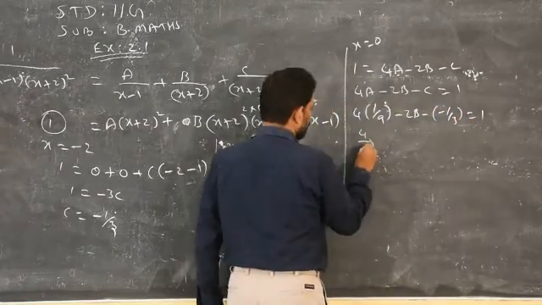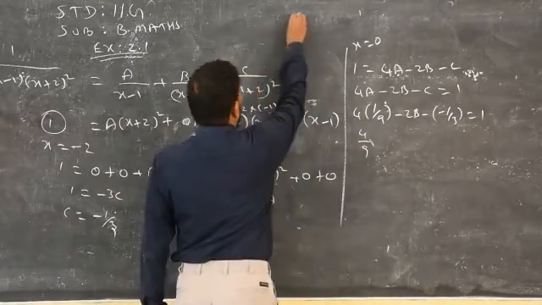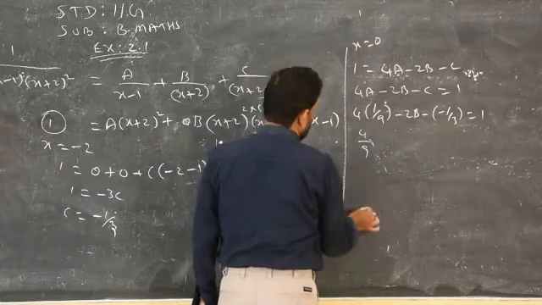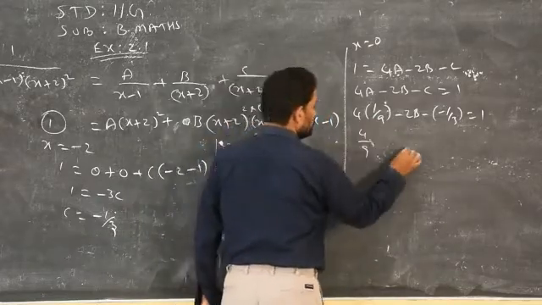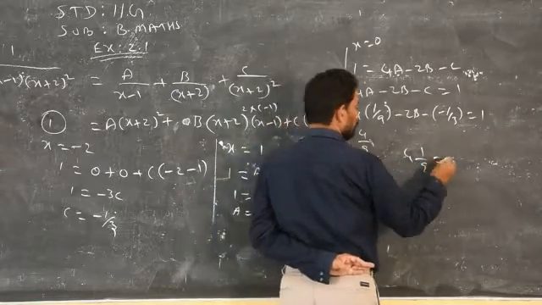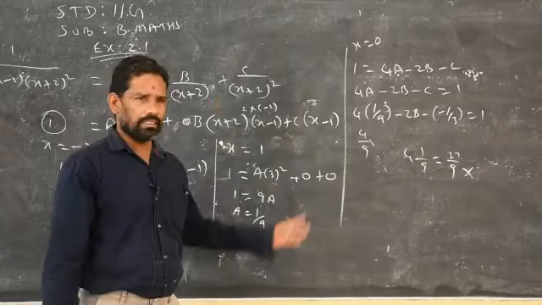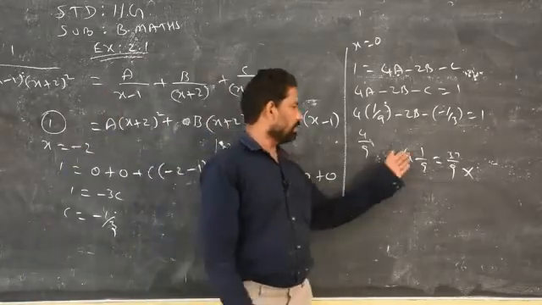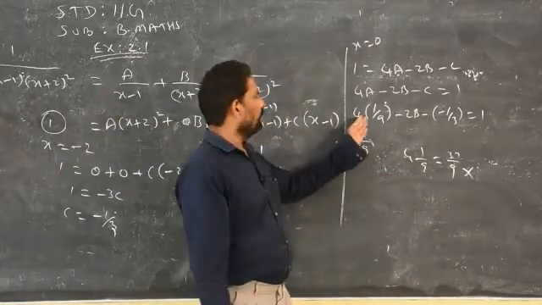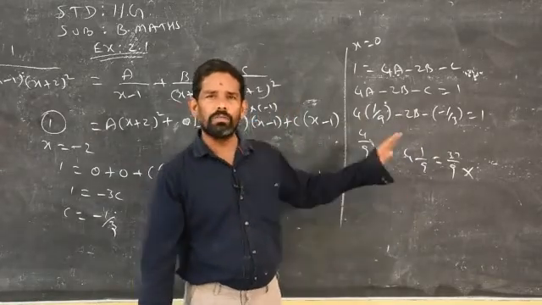So 4 by 9, 4 into 1 by 9. Some of the boys will write like this, 4 by 9. Sir, it is a mixed fraction, sir. 9 4s are 36, 36 plus 1, 37 by 9. Wrong. I know, last year your seniors made a mistake like this, 4, 1 by 9. They write down the answer 37 by 9. So don't make the mistake.